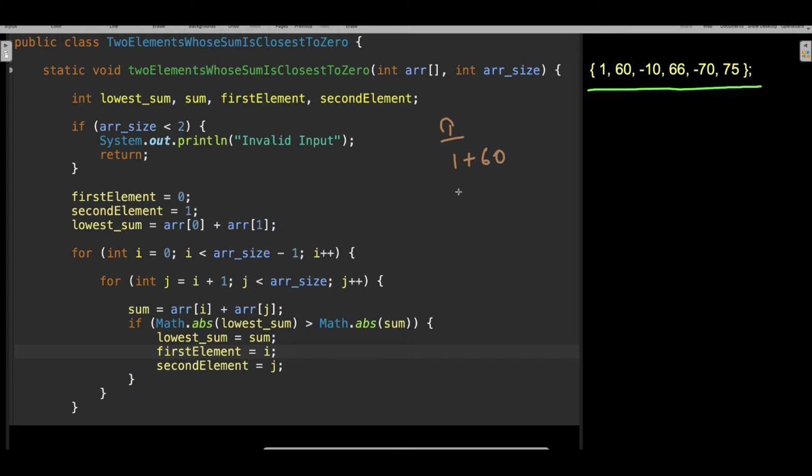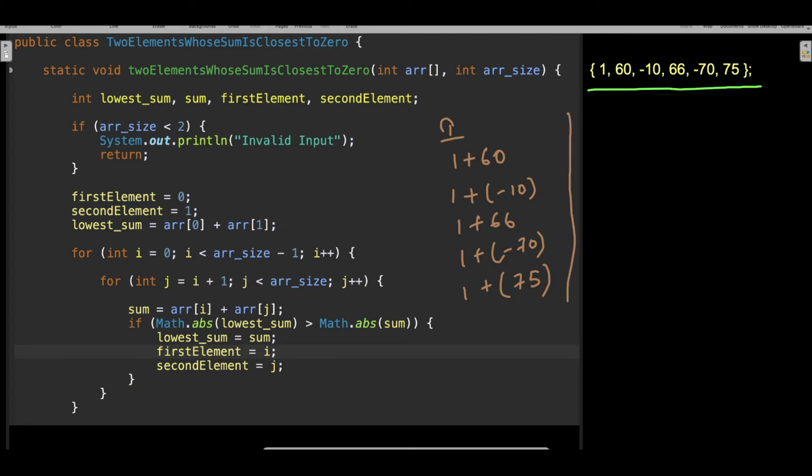Then 1 plus minus 10, then 1 plus 66. Then 1 plus minus 70, because I have to find the sum, right? Then 1 plus 75. This is my first iteration, right?